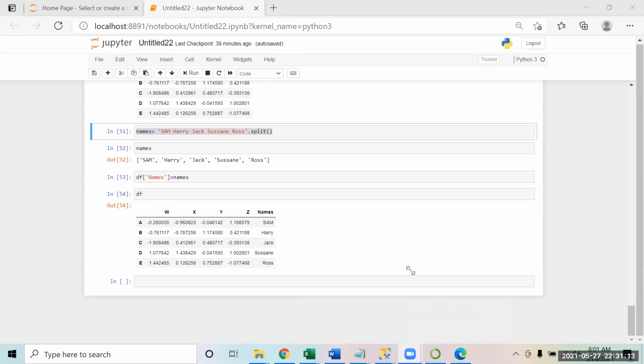Don't do it this way, just do it by writing a condition, name equal to this. If there were 10,000 rows where Sam was coming multiple times, that technique would not be useful. So the base is using conditions.